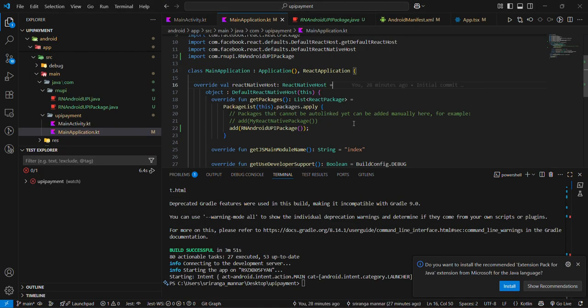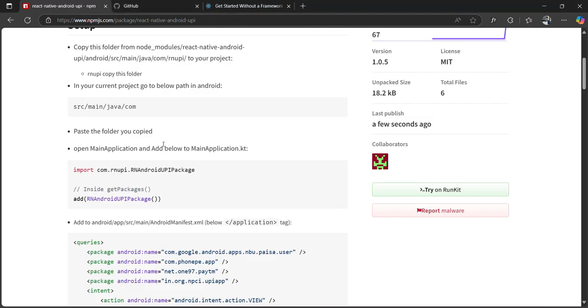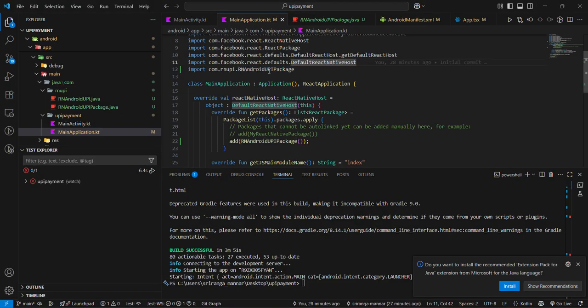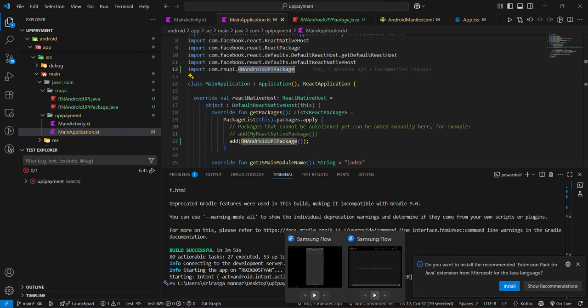Woohoo, so the app is up and running. I need to apologize because I've used the wrong package name in the initial part of the video. Just copy the package name from here. I just tapped the auto suggestion of the Copilot and it went wrong, but the package name is android-upi package. And now if you try opening our app,